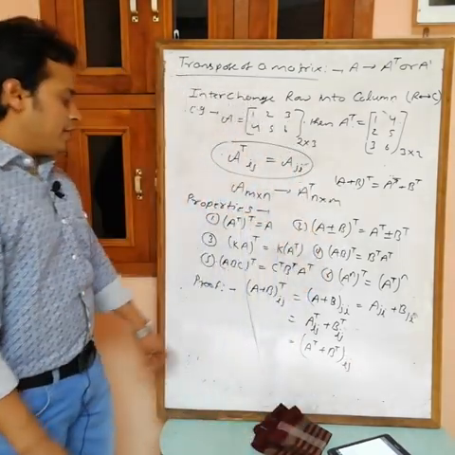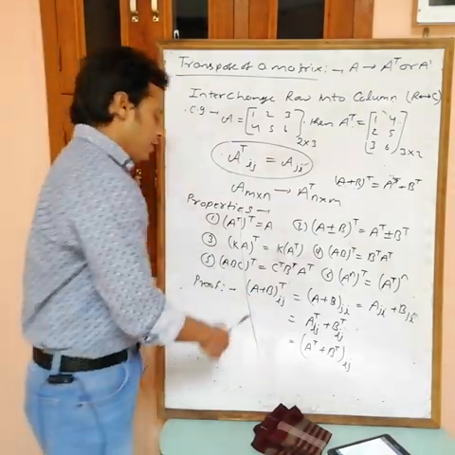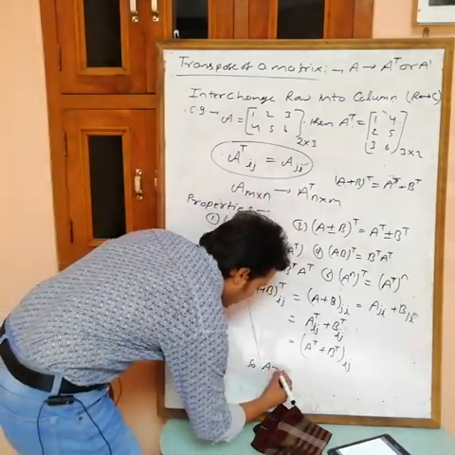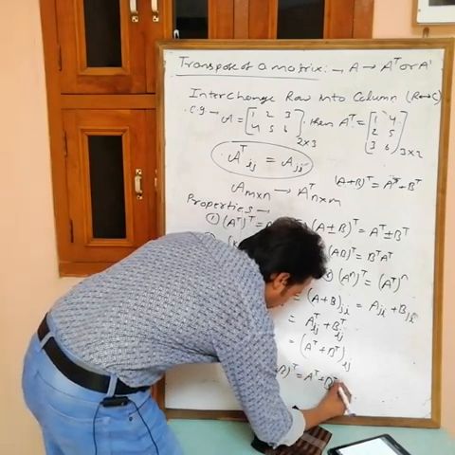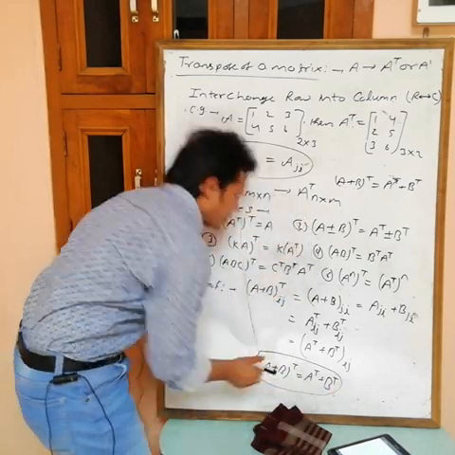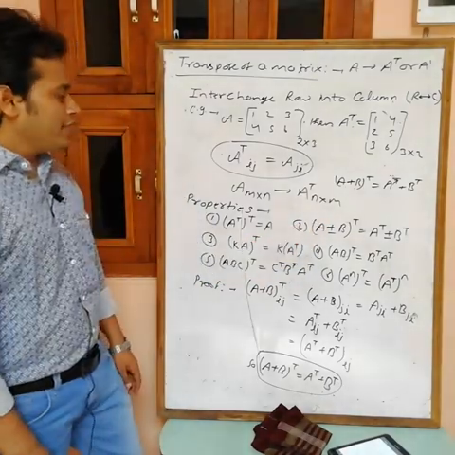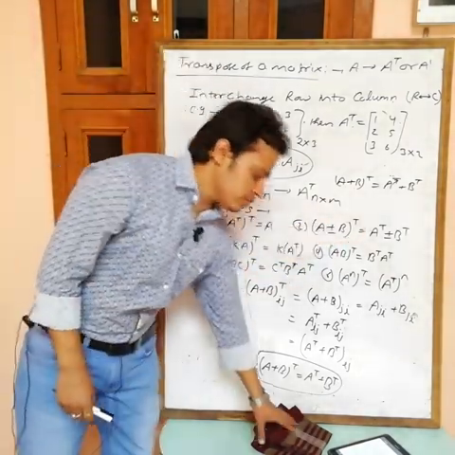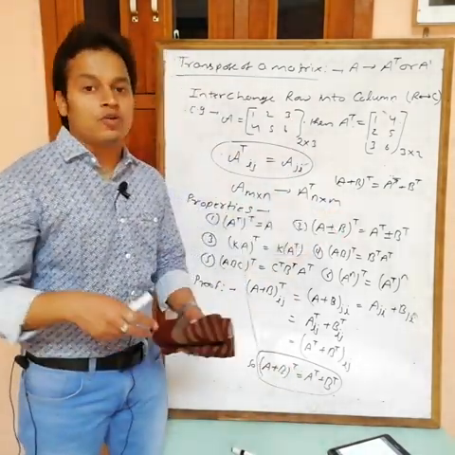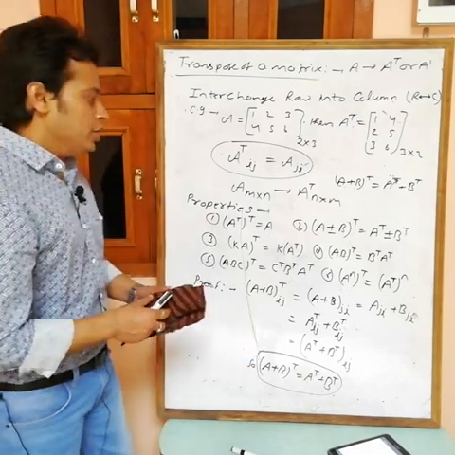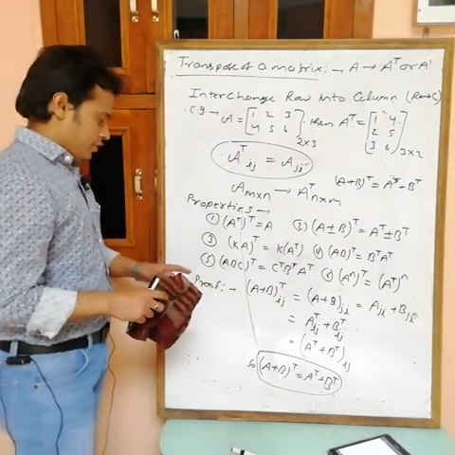Now see what we are getting: the ijth element of (A plus B) transpose is equal to the ijth element of A transpose plus B transpose. It means we can say that (A plus B) transpose is equal to A transpose plus B transpose. Or you can also prove it by taking any example. But remember, first A plus B must be defined, so the order of A and B must be the same. You can't take the order of A as 2 by 3 and B as 3 by 4. No, not possible. So the second one is done.